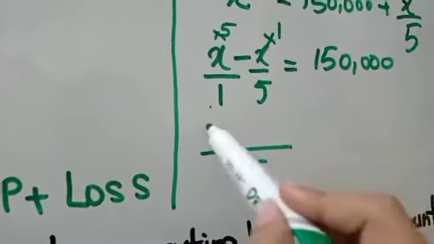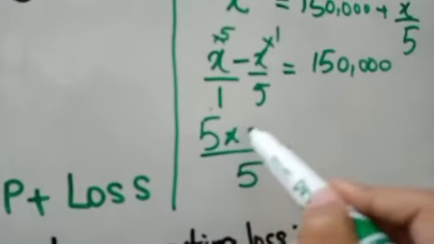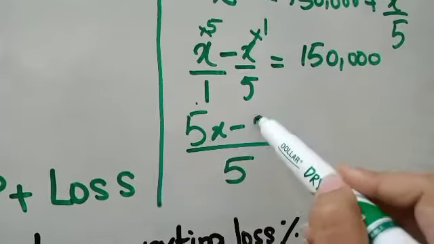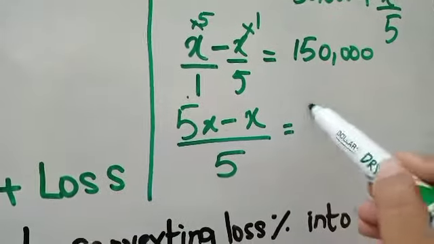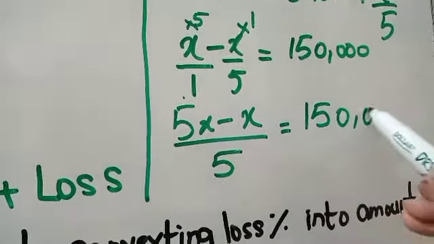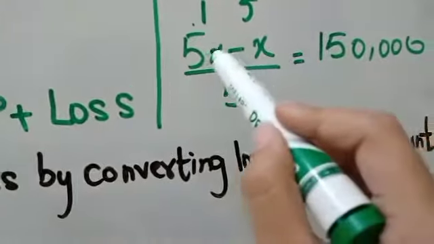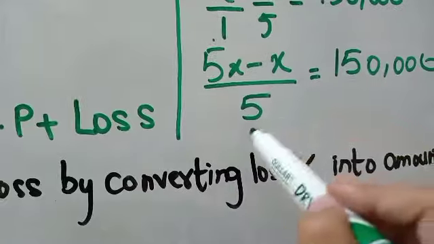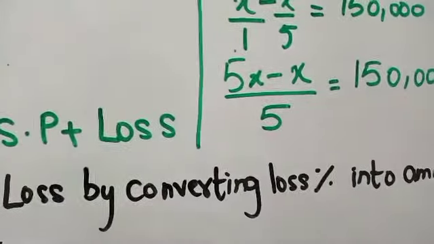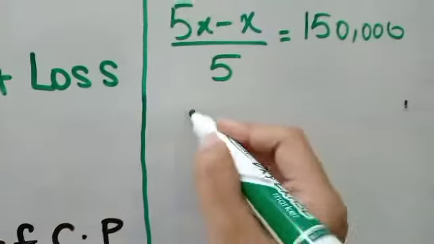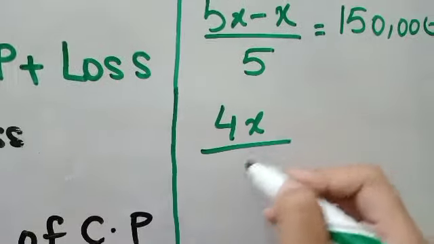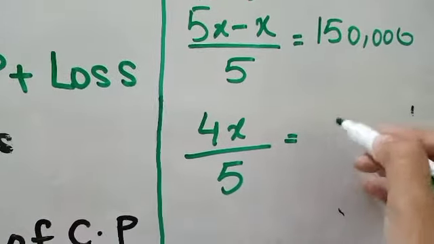X multiplied by 5 gives me 5x, minus X multiplied by 1 gives me X, is equal to 150,000. Now 5x minus X gives me 4x upon 5 is equal to